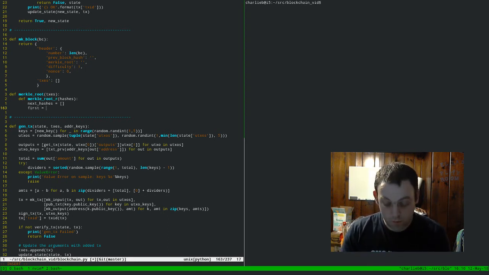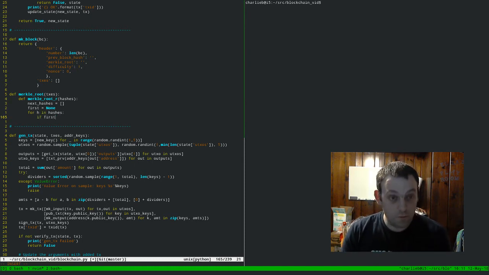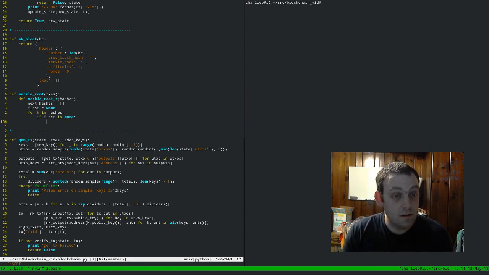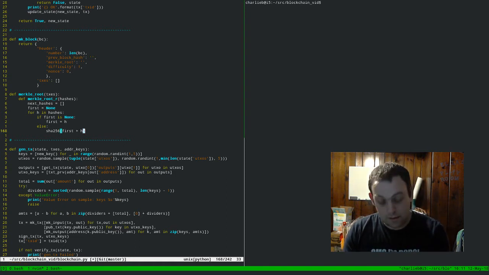So I'm going to create this variable called first, and you'll see what I'm going to use it for in a second. For h in hashes, if first is none, then first equals h. Else, we are going to do SHA-256 of first plus h. Okay, so when we first start this loop,